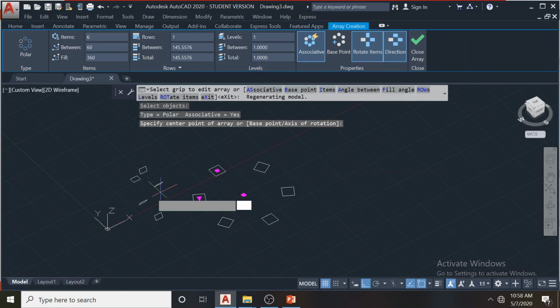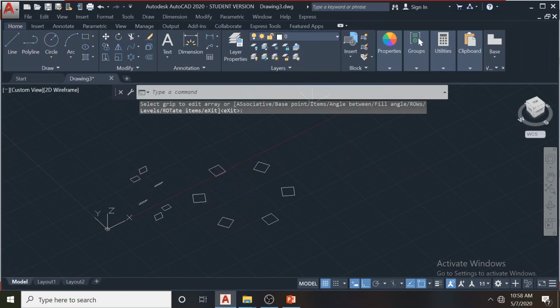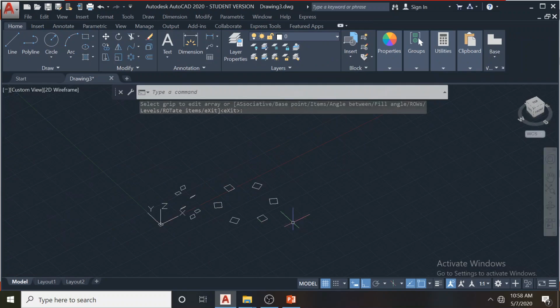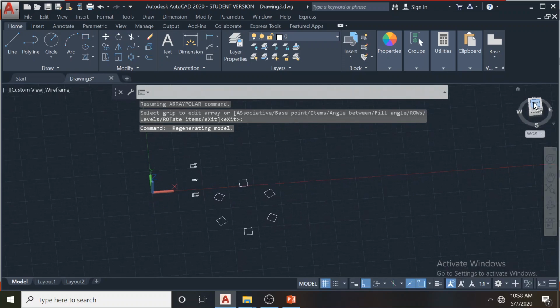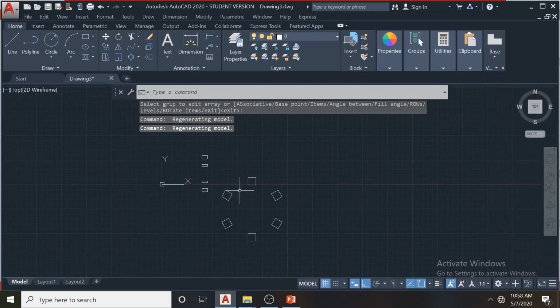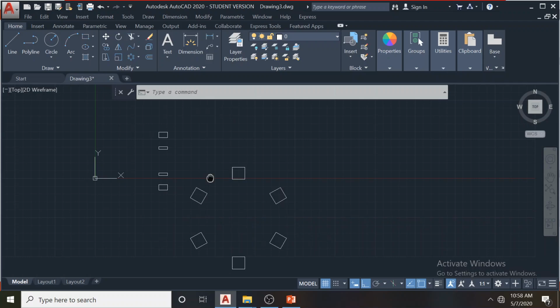Now this is like a 3D array. It's going in the z direction, so it forms in the z direction. That is the difference between center point and axis of rotation. So if you see this kind of diagram in an assignment or a drawing, don't be confused. They have used the axis of rotation method.